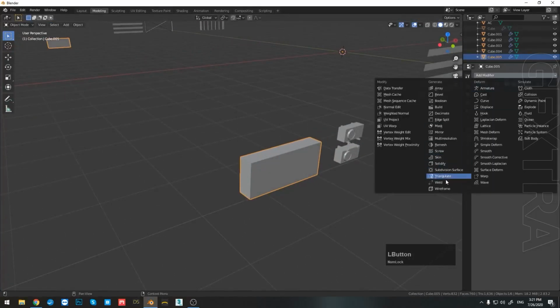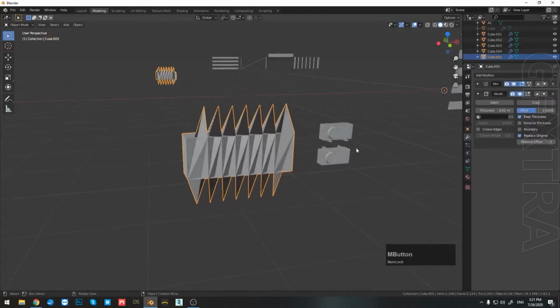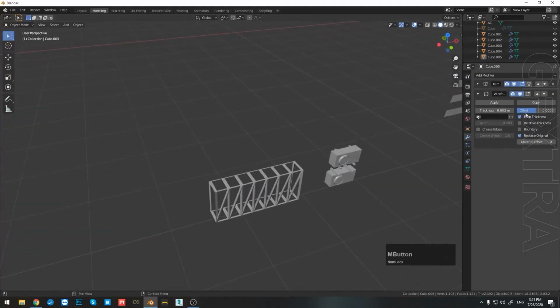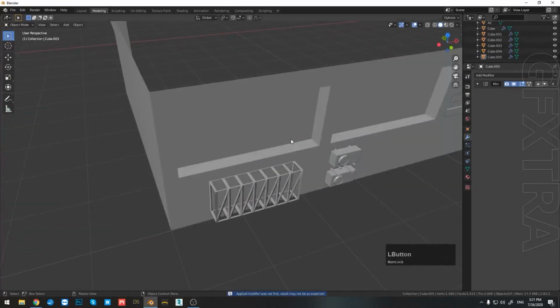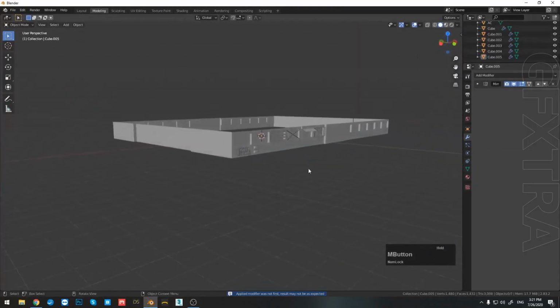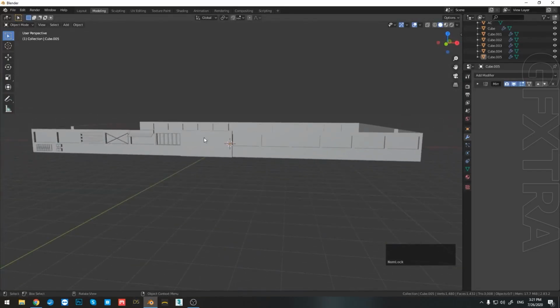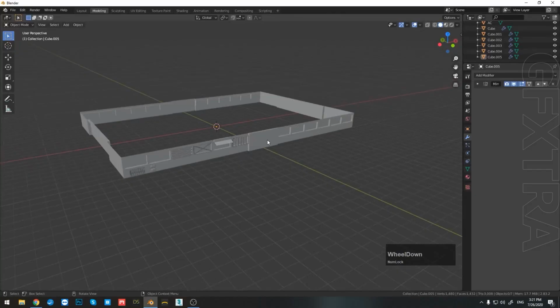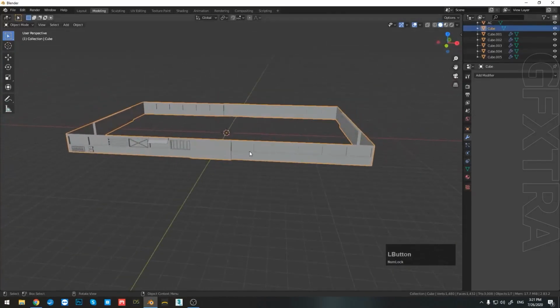And now let's add another wireframe modifier. Now let's decrease the wireframe to be somewhere around here. Perfect. And I'll hit apply. Now let's unhide that cube so we have something like this. Now I need to add variations to the other side of this building floor, so I need to bake in the mirror modifier. Now let's go to this side,